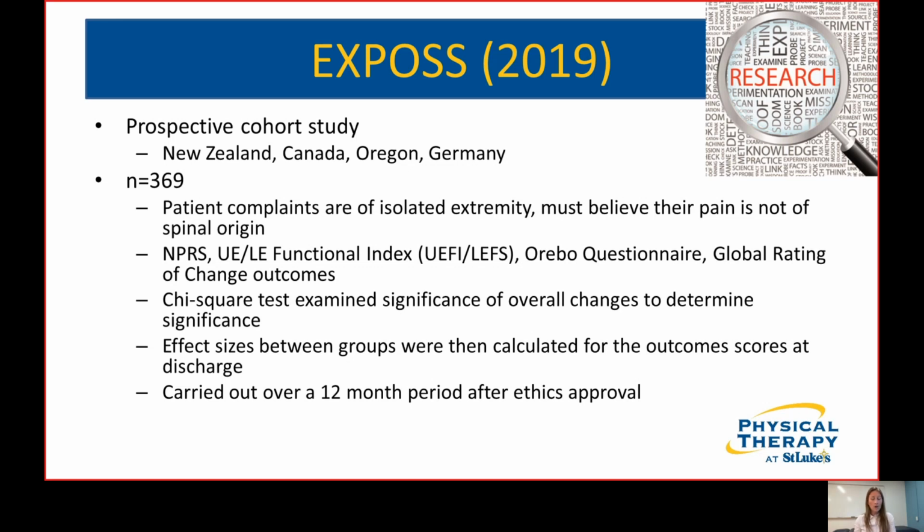The inclusion criteria were that patients needed to be referred to therapy with either upper or lower extremity pain that neither the patient nor the referring provider interpreted as having a spinal source. Patients needed to be over the age of 15, be able to attend PT 2 to 3 times a week, participate in exercise-based therapy, and understand English. Patients were excluded from the study if they had any inflammatory conditions such as RA, any evidence of recent trauma like swelling or bruising, neurological conditions that affected motor function, or if they were referred post-op.